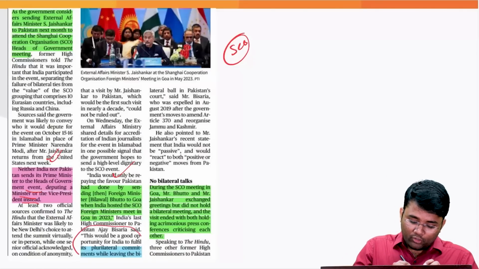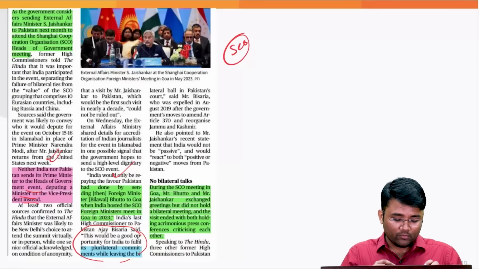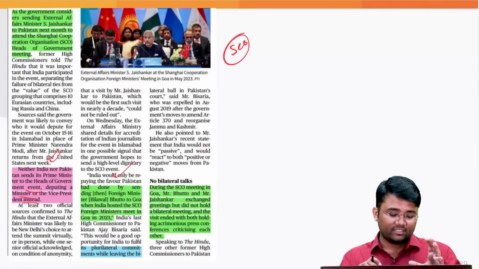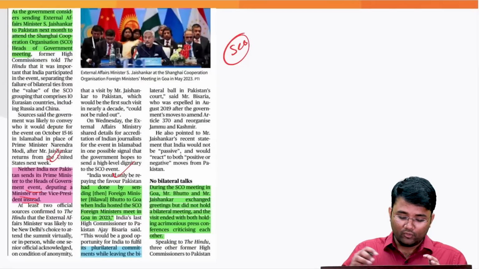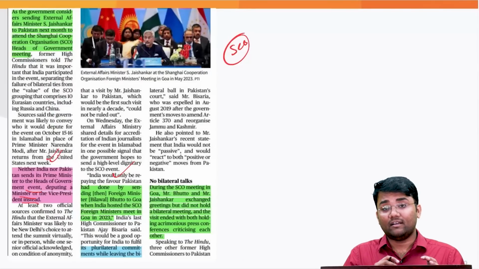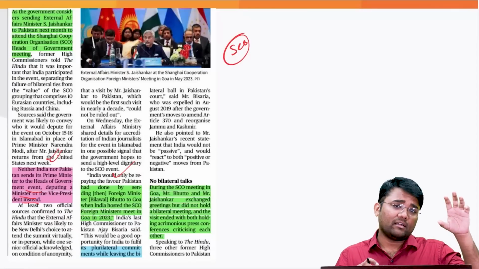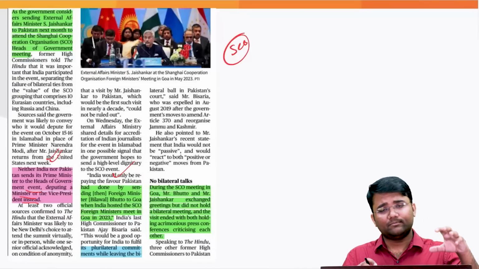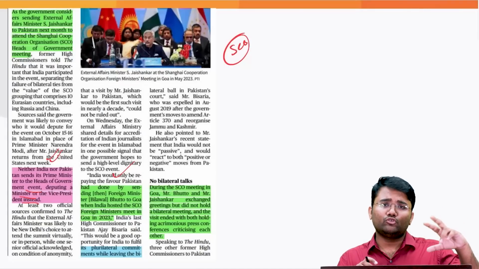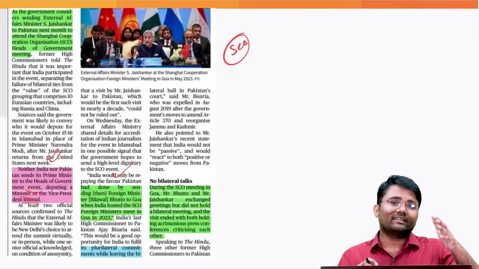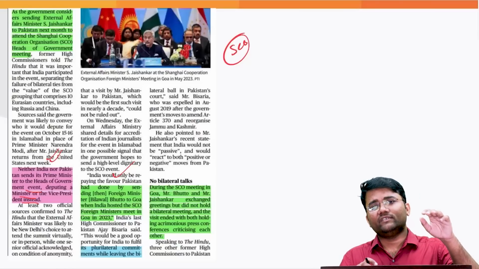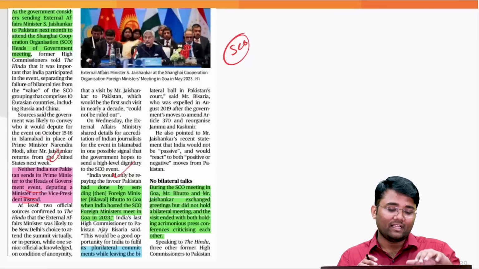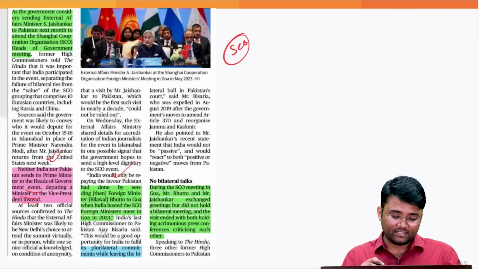This would be a good opportunity for India to fulfill its plurilateral commitment while leaving the bilateral issues. Some of the experts have said that this would be a good opportunity for India to fulfill its plurilateral commitment while leaving the bilateral issues. So India has a commitment to attend the meetings of the SCO as India is part of SCO, as Pakistan is also part of SCO. But we have issues with Pakistan. So we can't neglect the complete meeting of the SCO because we have issues with Pakistan. So some of the experts believe that it would be a good step if India takes part in this SCO meet, which is going to happen in Pakistan.